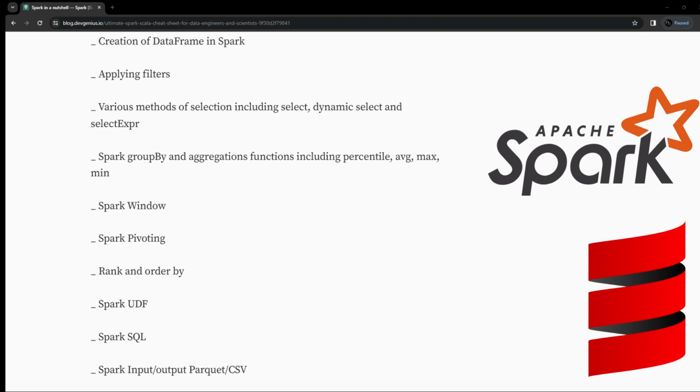processing pipelines. In this tutorial, I would like to cover a wide range of topics related to Spark using Scala. The topics I am going to cover include the following: creation of data frames in Spark, applying filters, various methods of selection including select, dynamic select, and select expression, Spark group by and aggregation functions including percentile, average,